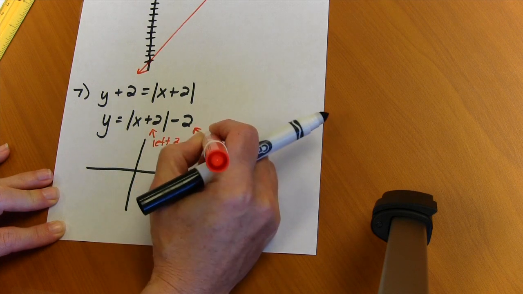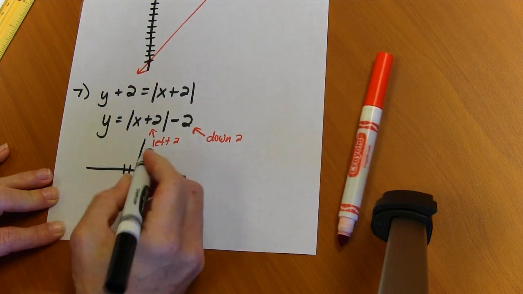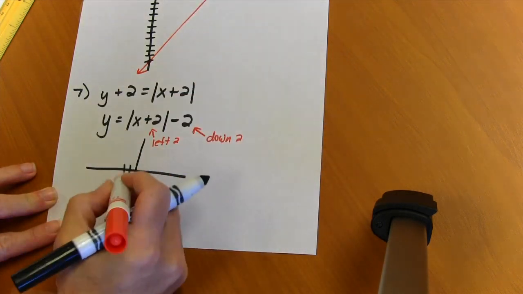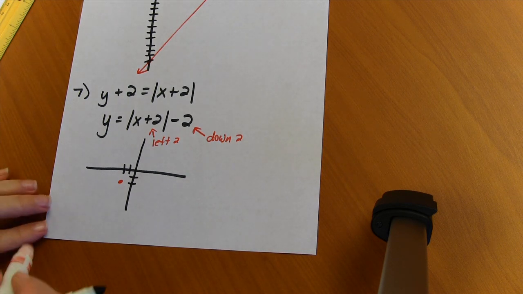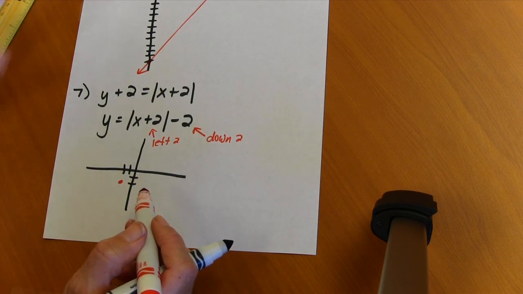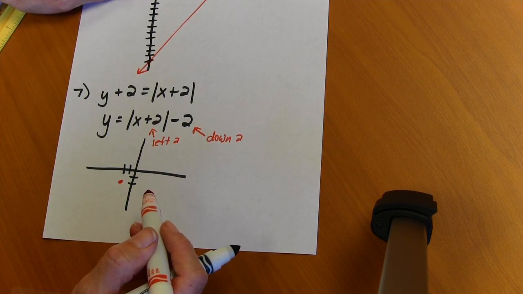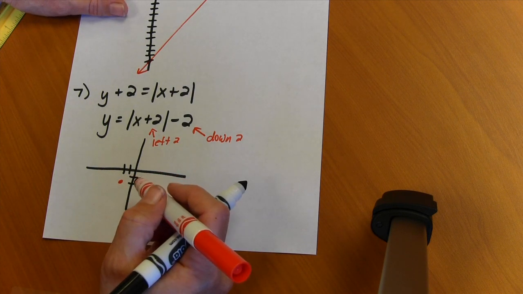This one will move it down 2. Left 2, 1, 2, down 2. Plot that vertex. And again, this is why graph paper is handy. You will do a slope of 1 because that's what the number is in front. That only is true for absolute value. Make sure you don't try that on the parabola, the x squared, because that's not going to give you a